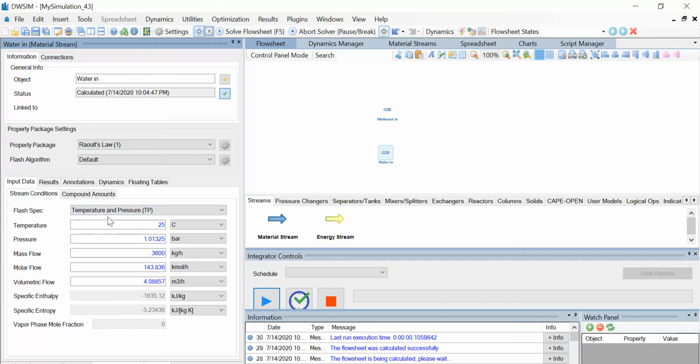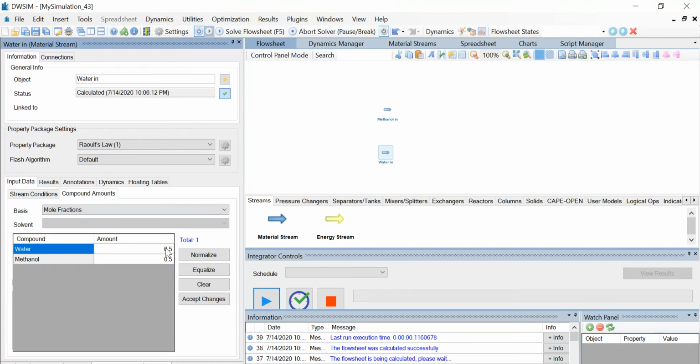Now under the stream conditions, change the temperature to 10 degrees Celsius, the pressure to 1 bar, and the mass flow to 15,000 kg per hour. Now under the compound amounts tab, change the mole fraction of water to 1 and that of methanol to 0. Click on Accept Changes.